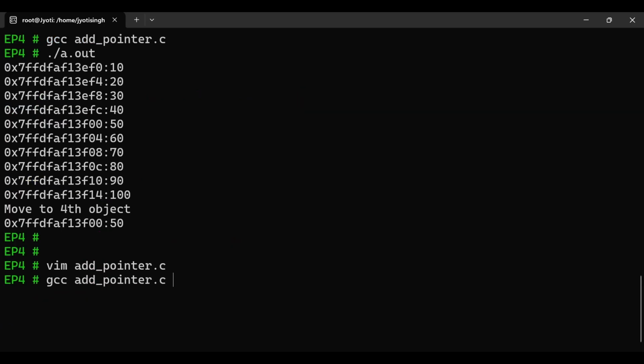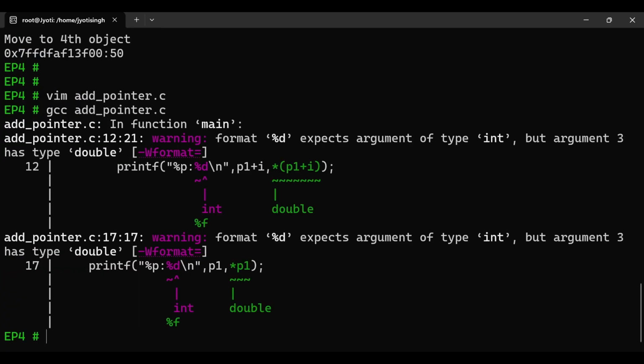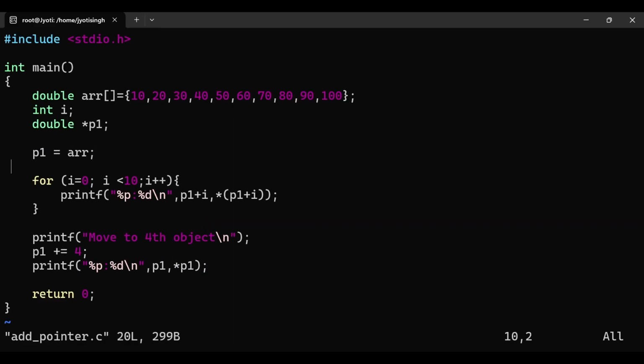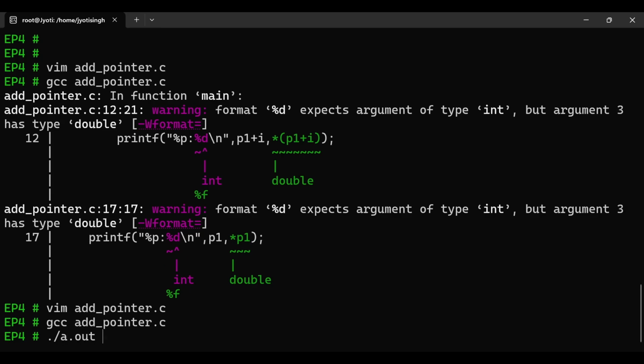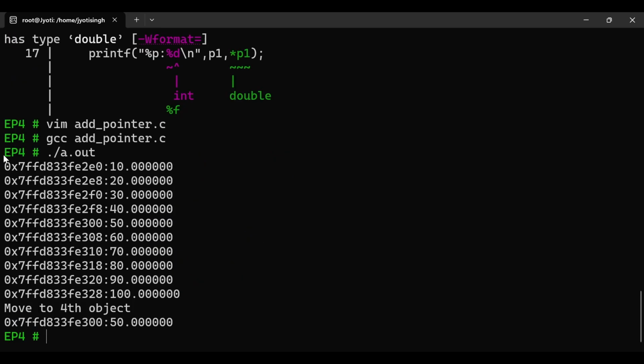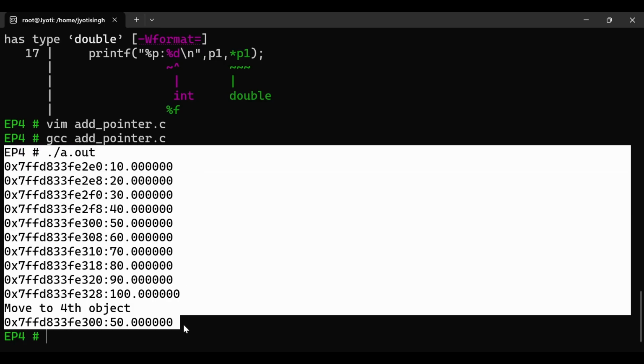And as it is double, let us print the object in double format. As this is a double, we have the decimal precision.